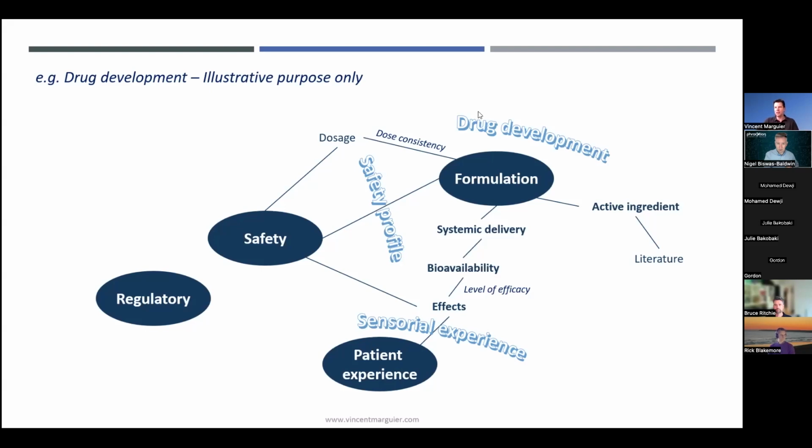So make sure it sticks to something like this. I mean, it's typical product development. In that example, start with: do we have that molecule in the literature, an active ingredient? What formulation do we have? With formulation comes safety, patient experience, all the regulatory framework behind. And then, okay, let's start with this. And then we'll have time to move to packaging, shelf life, and all these kinds of things in the later stage.